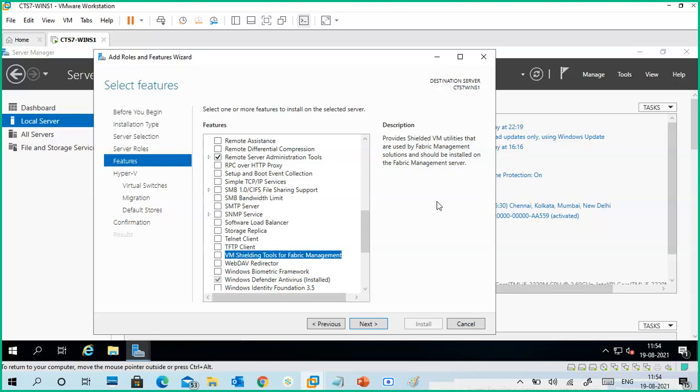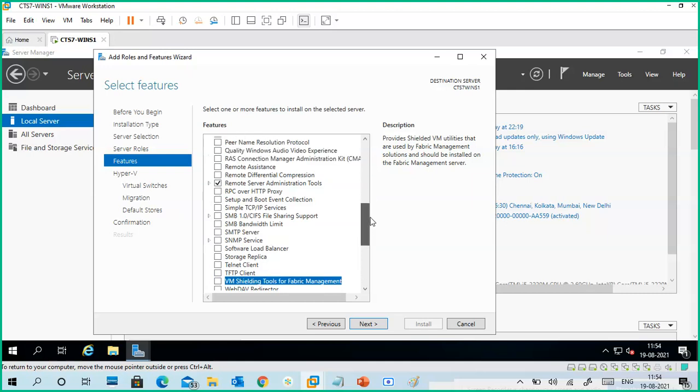So what do shielded VMs mean? Any attack on your physical machine could also be an attack on your virtual machine. This shielding will protect your virtual machines from external attacks, or attacks from your physical machine or external networks.